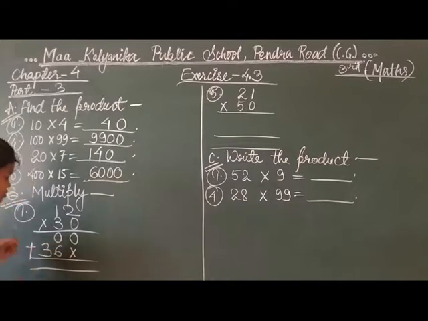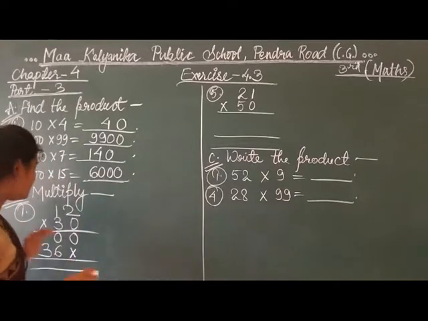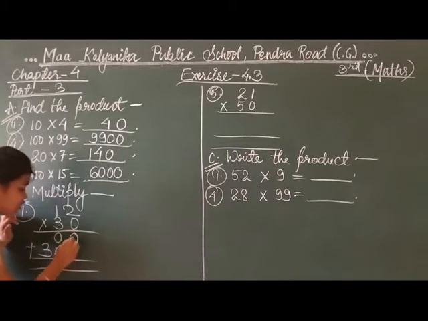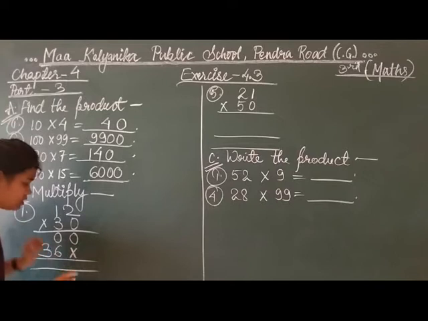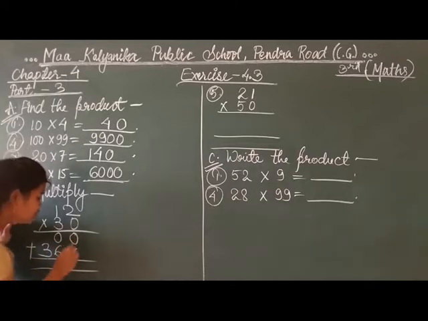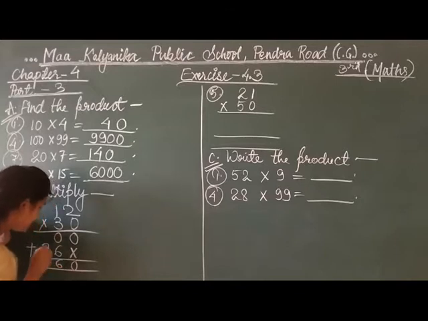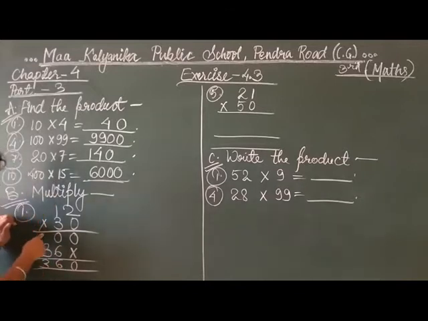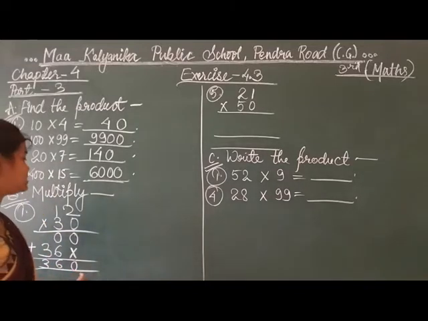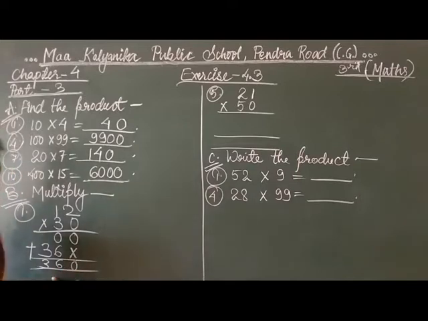After doing this, students, because this is 2 digits, below here 2 digits are present, so 2 lines will be there. After multiplying this, we have to add that answers, this answer and this answer. So 0 plus, this is not a multiplication sign, this is simply a cross. So 0 plus this is 0, so 0 and 0 is 0. 6 plus 0, 6, and this is 3, and nothing is given. So 360 is the product received here.